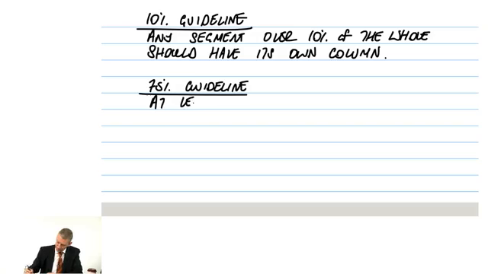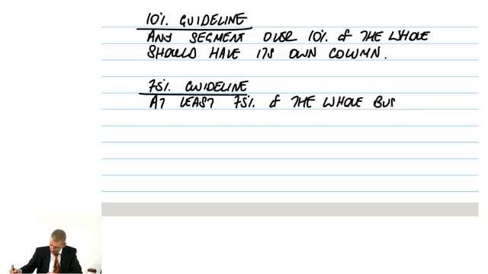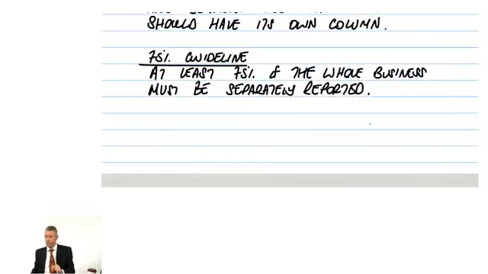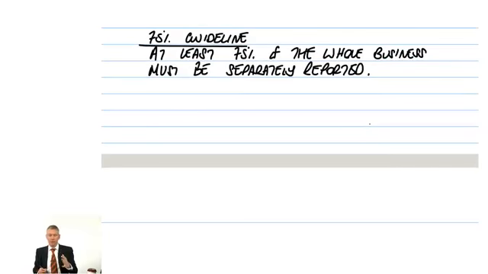At least 75% of the whole business must be separately reported. Oh, that is really tricky. And it's much better expressed as a 25% guideline. So I'll retranslate it. I'll translate it by saying, this means that